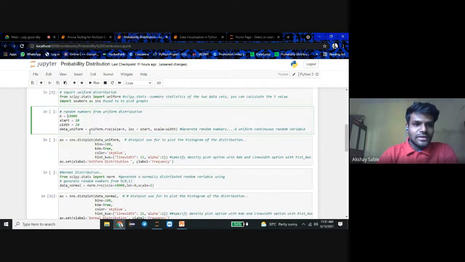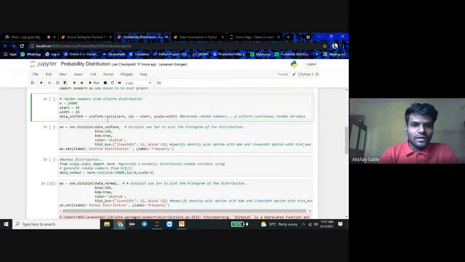Data_uniform is equal to uniform.rvs, as we showed earlier, which generates random numbers of a continuous random variable.